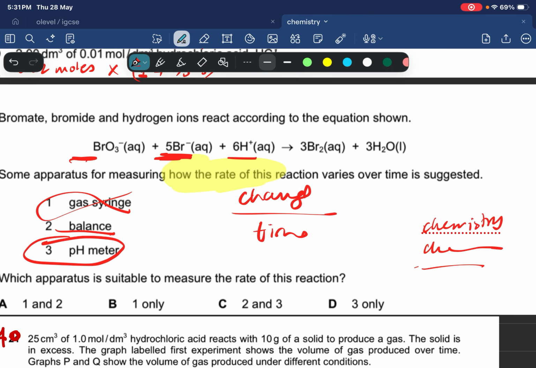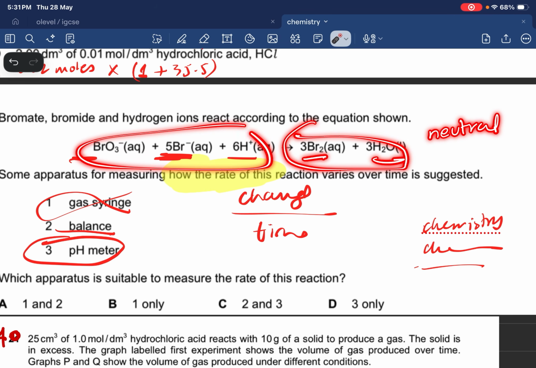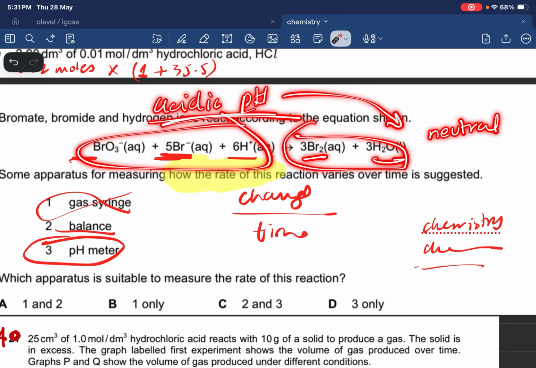I'm only going to go with a pH meter because look, over here I have neutral pH. Water and Br2, neutral. Over here I have acidic pH. So only if I can measure the change in my pH, how much less acidic it's becoming, how much neutral it's becoming, I can measure the rate. I divide it by time. In how much time does my pH go from, because over here maybe it's a 2